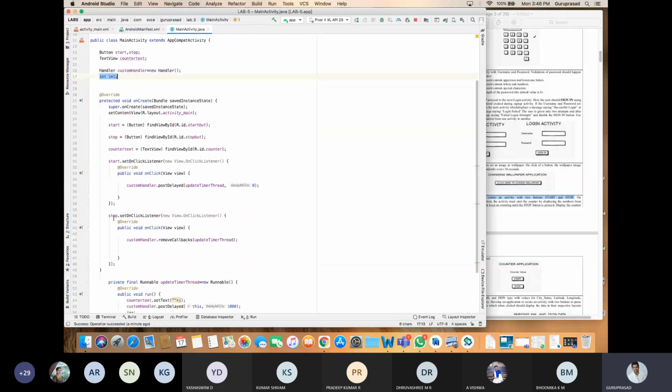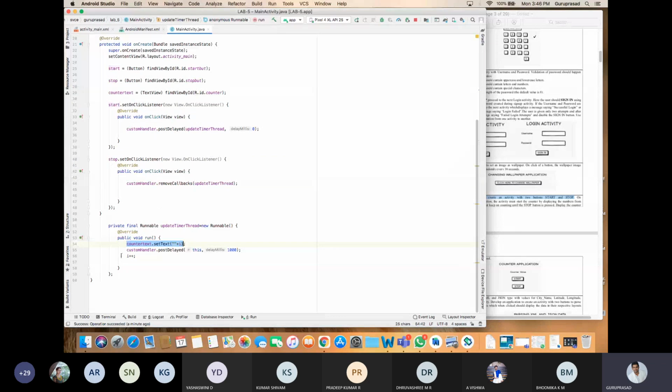Upon clicking start, what should happen? It should display the numbers. Update timer thread, what am I doing? Counter text set text. Custom handler. You need to keep on running a new runnable with a delay of 1000 milliseconds, that is 1 second.